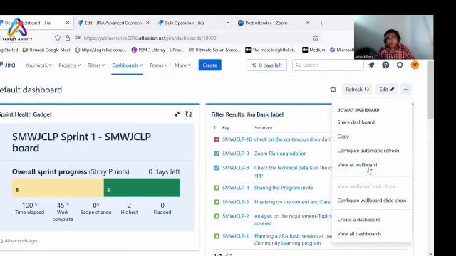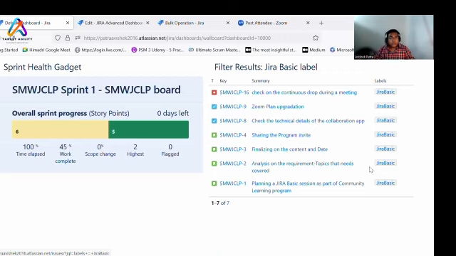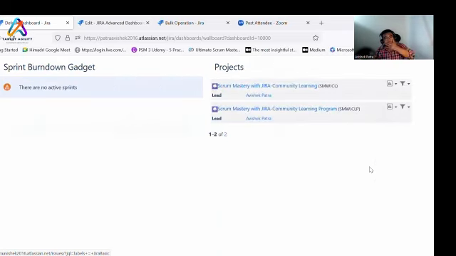You can show it to them as a wall board as well. It will automatically refresh every time. What is the health? What is the work that we are doing? Whichever gadget you want to show, you can customize, create beautiful dashboards and put them on display for your team.